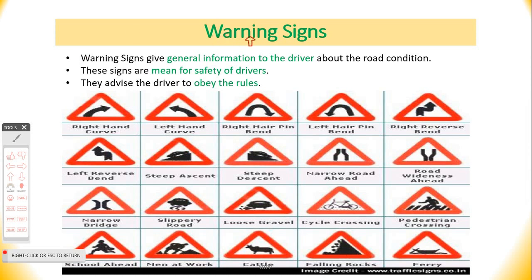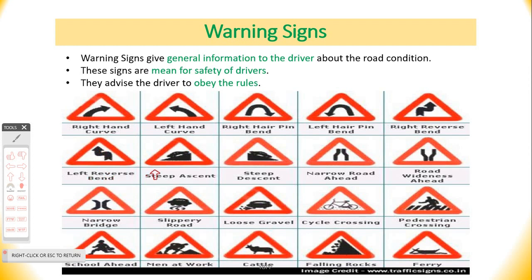The next type is warning signs. Warning signs are general information to the driver, okay, not for the people who use the road. So these signs are meant for the safety of the driver. They advise the driver to obey the rules. So right turn, left hand turn, right hairpin bend, that is U turn, left hairpin bend in the left side, right reverse bend, then left reverse bend,